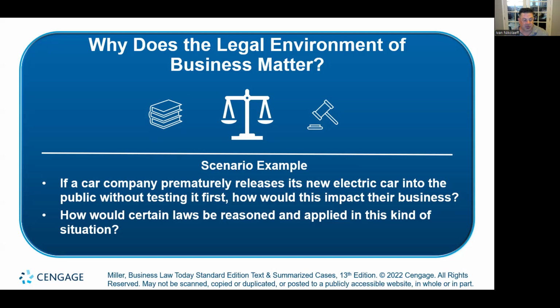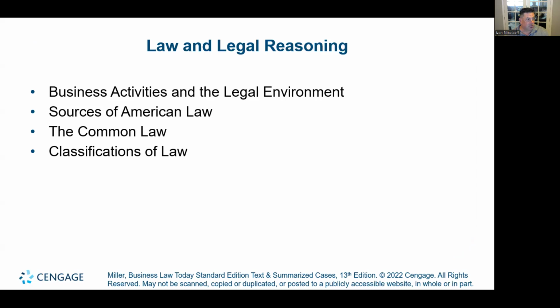So again, we have legal representation. We have laws and statutes on the books in order to help protect us, and also to make sure that we don't get taken advantage of as individual citizens, and also for companies. So some different reasons for the legal environment, especially as we're thinking about business law: it helps regulate business activities. And we look at different sources of American law in order to draw the legal standpoints for business. Some of those come from English common law, and we'll also look at classifications under common law.